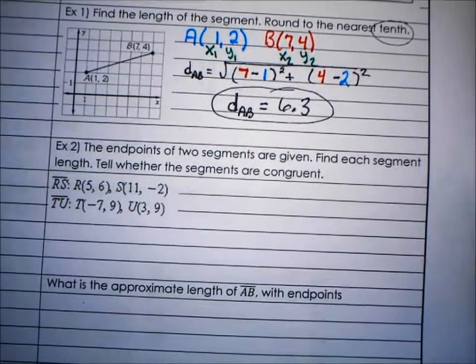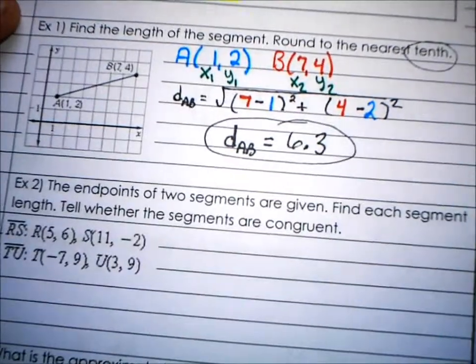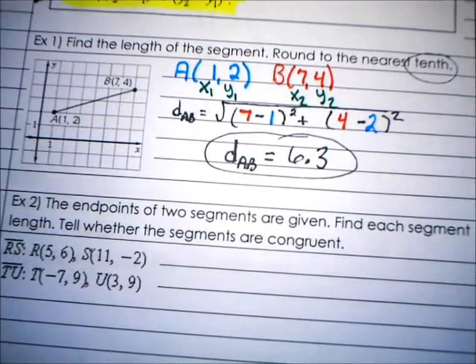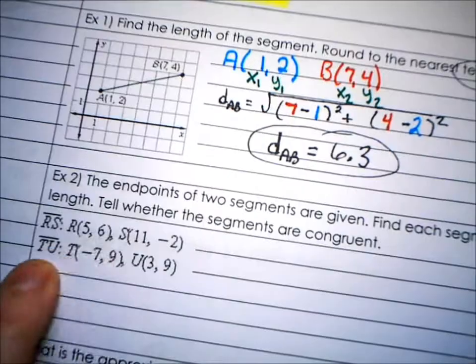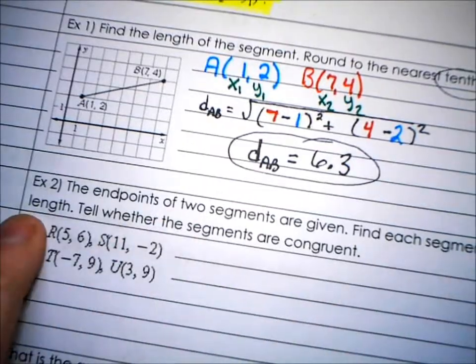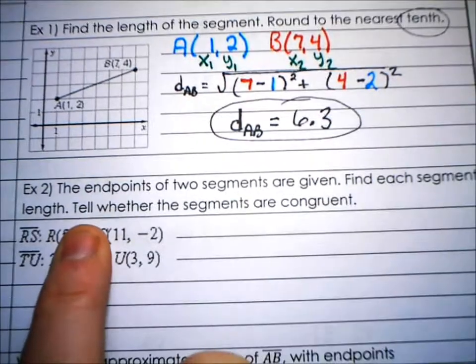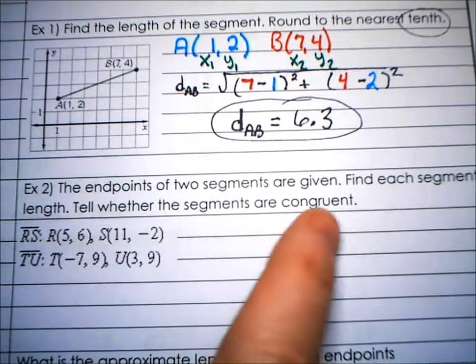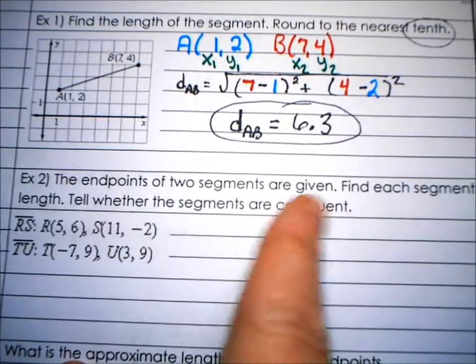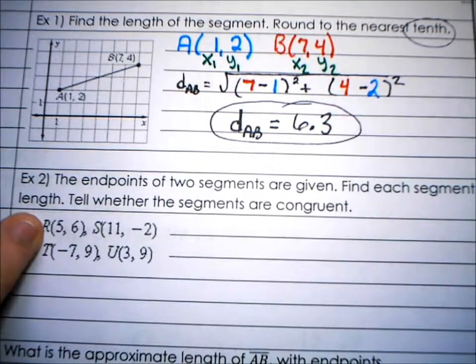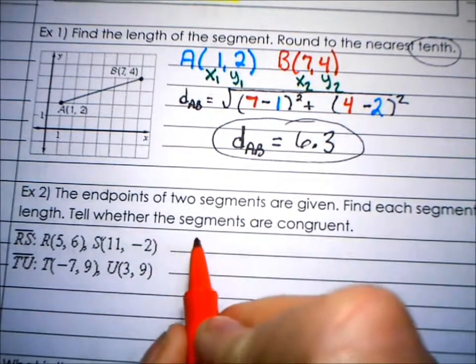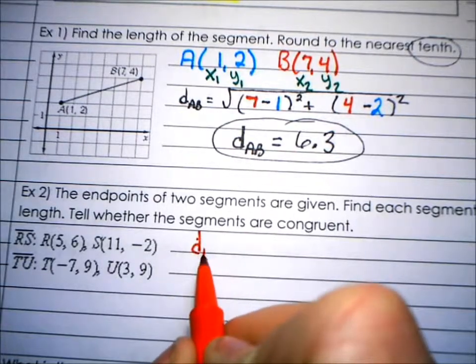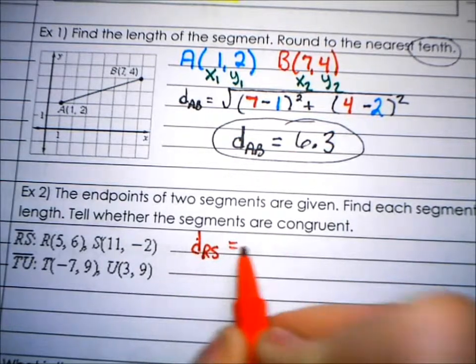Okay. If I look at example 2, it says the endpoints of two segments are given. So I have segments RS as well as segment TU, and they give me my endpoints. It says find each length and then tell whether the segments are going to be congruent or not. So I've got actually 3 answers I'm looking for here. I want to tell each segment's length. So I'm going to do the distance of RS